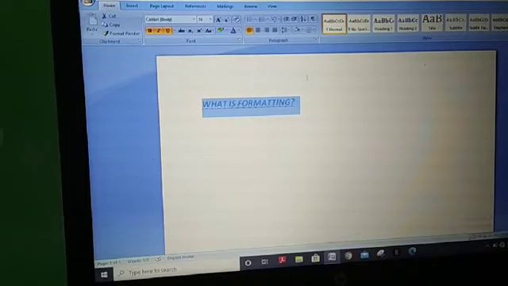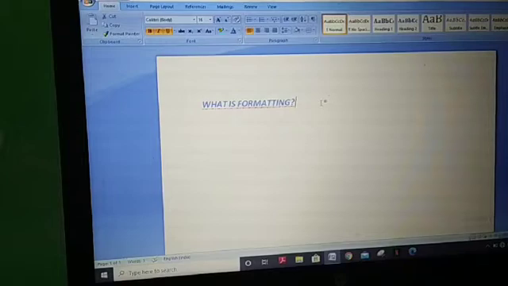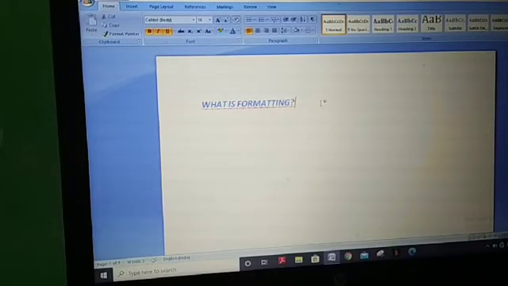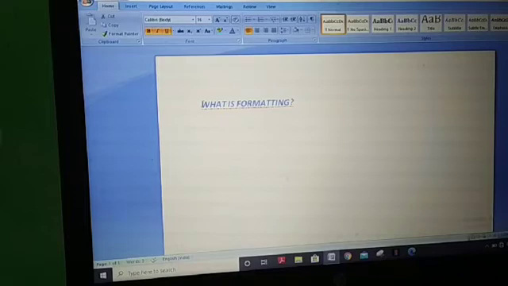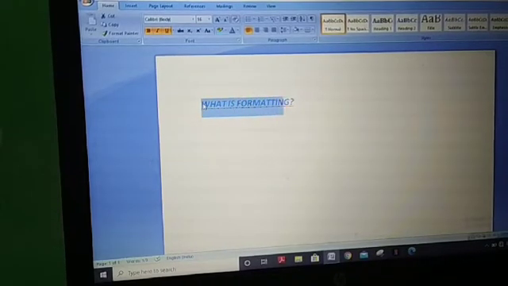I hope you can understand. So this is formatting. Highlighting, if you select text again, text can be highlighted.